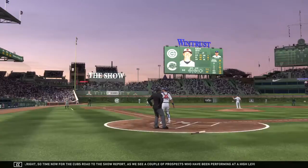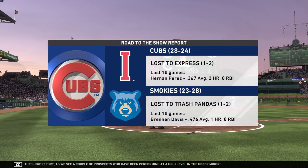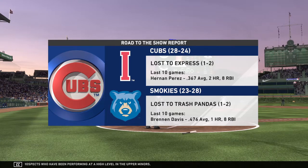All right, so time now for the Cubs Road to the Show report as we see a couple of prospects who